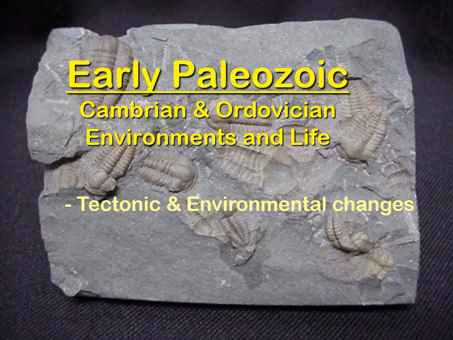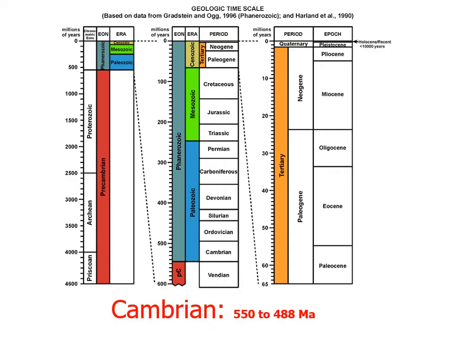So let's start just with tectonics and environments of the early Paleozoic. I know we already looked at this earlier in this lecture. I just want to remind you once again, we're looking here at the Cambrian period, 550 to about 488 million years ago. But what we're going to be talking about for the rest of this lecture is the Cambrian and the Ordovician. Next week, we'll look at Silurian and Devonian, and then the third week of this unit, we'll look at the Carboniferous and the Permian, which brings us then to exam 3.